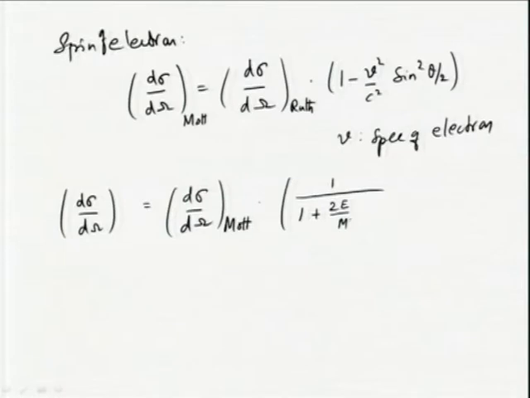So, the kinematics is different there. The whole effect can be taken into account if you consider the factor 1 over 1 plus twice the initial beam energy of the electron, E over m, sin square theta by 2,